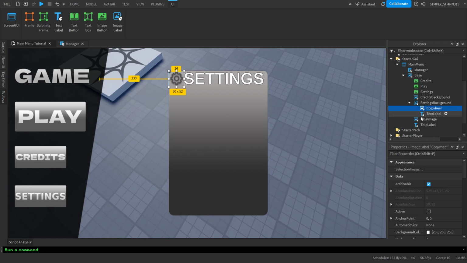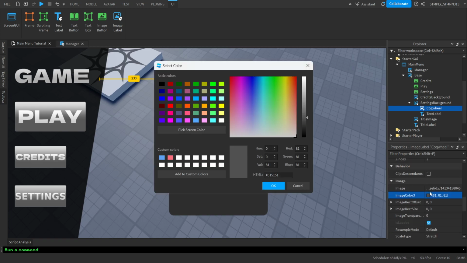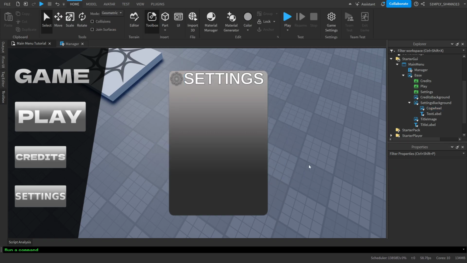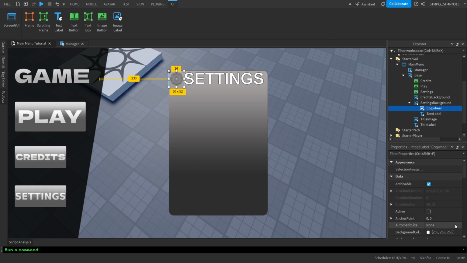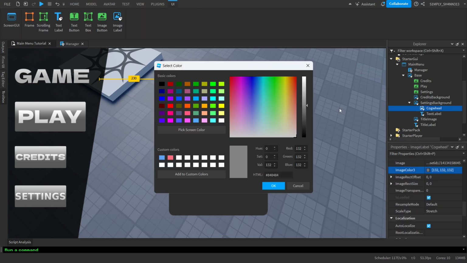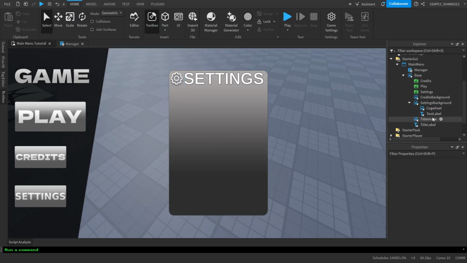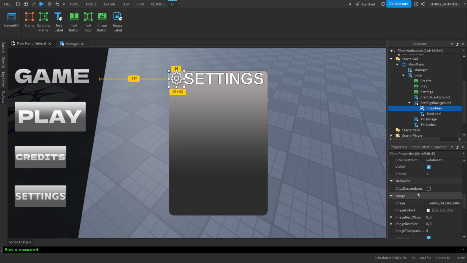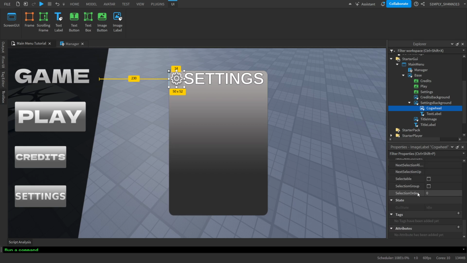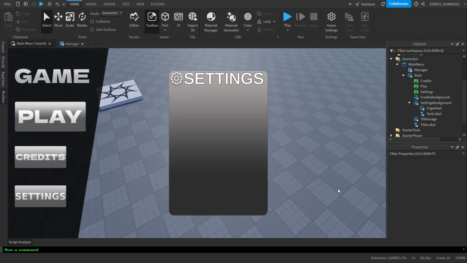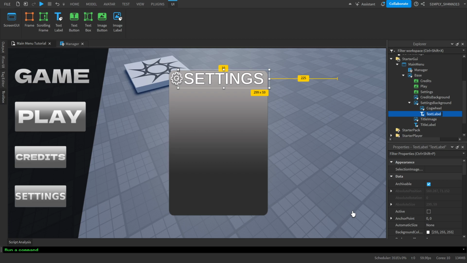Maybe make the cogwheel a bit more lighter. Okay, well that just blends in with the background, so maybe I'll just make it white. I think that's pretty good. Yeah, I don't think we should tweak anything else. So I'm gonna rename the text label to title,